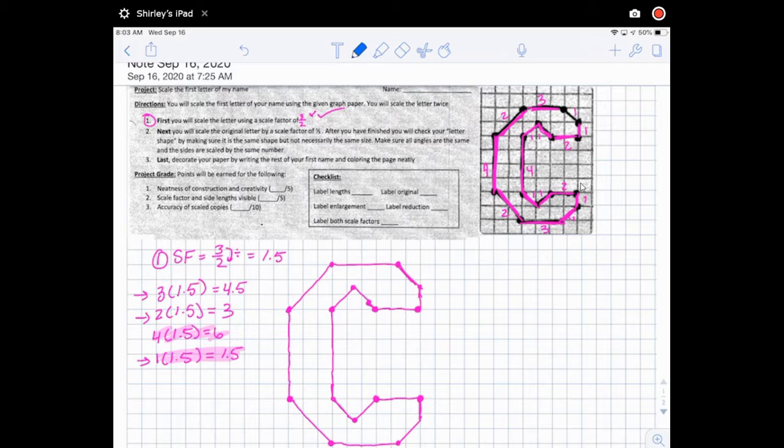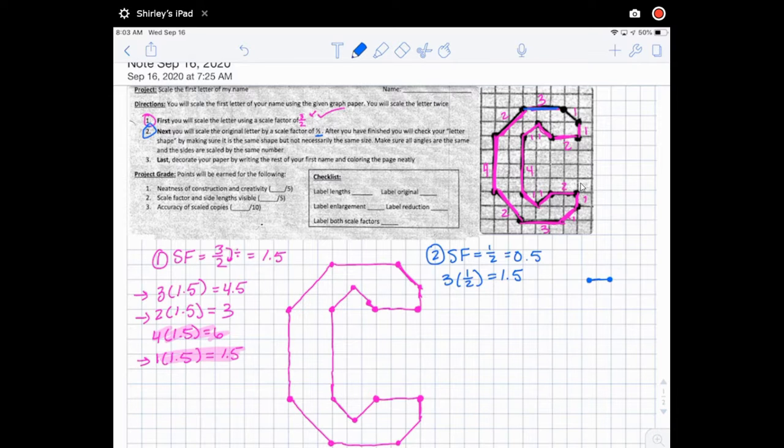The second step says next you'll scale my letter using a scale factor of 1/2. So that means I'm going to take all of my numbers and cut them in 1/2. So number 2, my scale factor is equal to 1/2, which is just the same thing as 0.5. So from my original shape, I'm going to cut all of my side lengths in 1/2. So I'm going to start in the same spot. My 3, 1/2 of 3 is 1.5. So some of this you may have to work to really just estimate, but I have 1 and